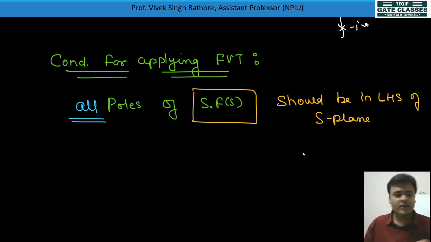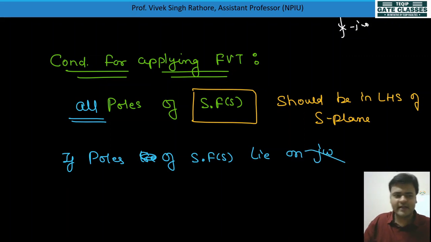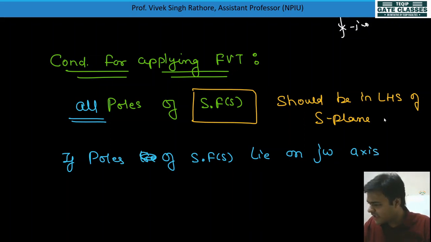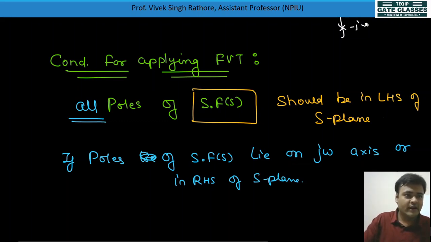If poles of s into f of s lie on the j omega axis, or in the right hand side of s plane, then what will happen? I will write here, then